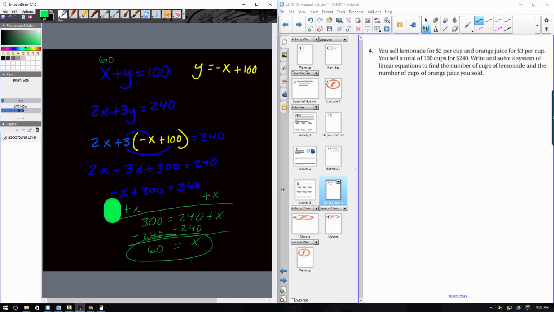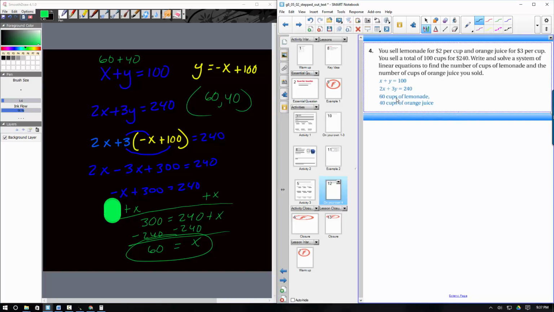And I'm going to plug this 60 in for x. So if this is 60, what does this have to be to be 100? It has to be 40. So my ordered pair is 60, 40. And let's see if that's right. Here it is, 60x, 40y. And that is our